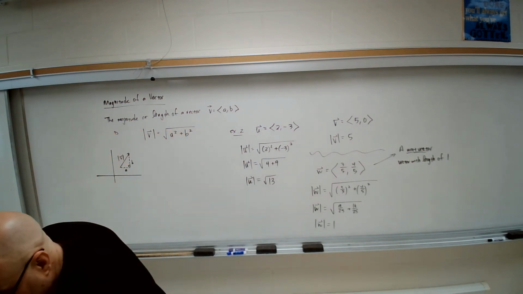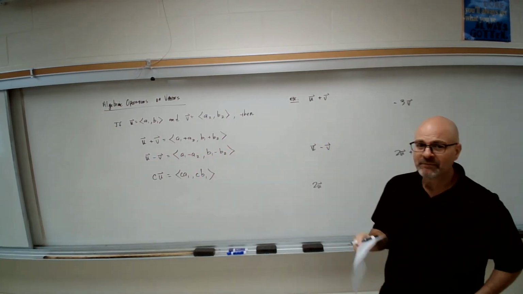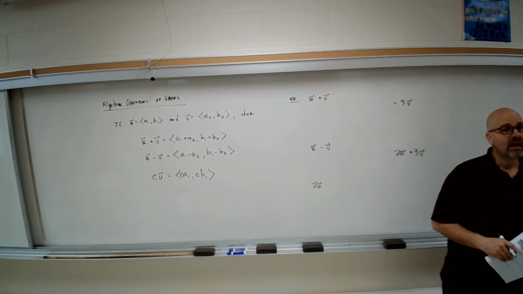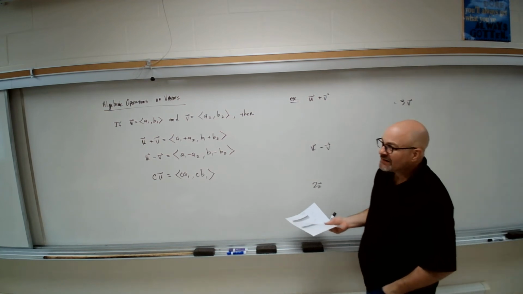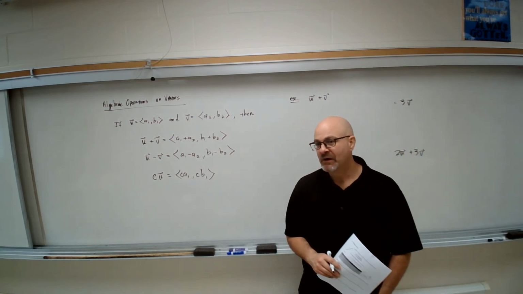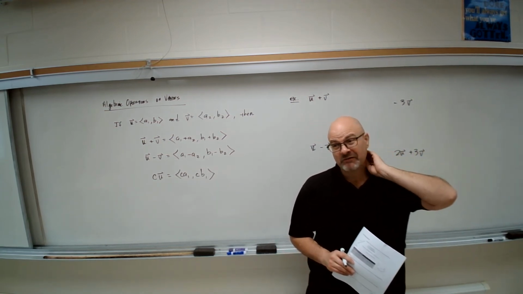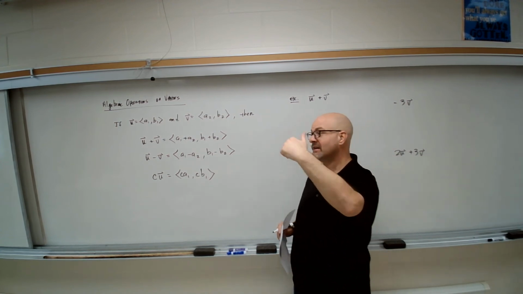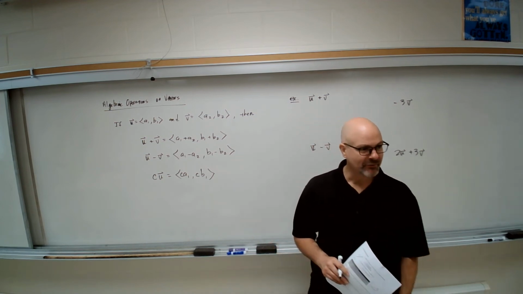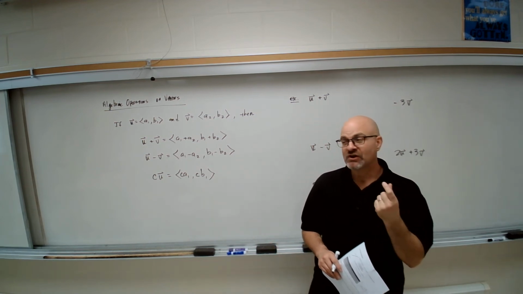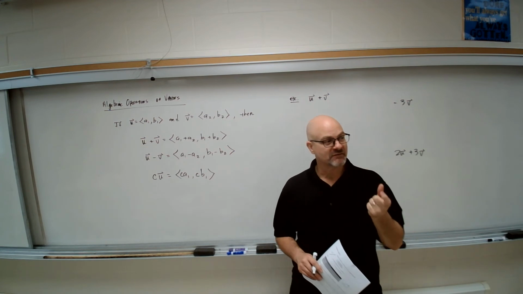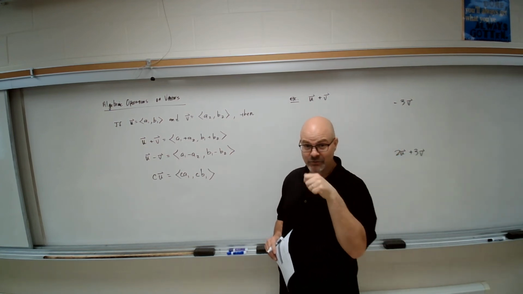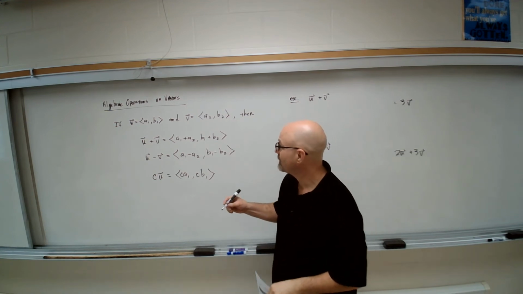All right. Okay, so to finish up the note sheet here, we're going to talk about algebraic operations on vectors. One thing to note that will really save you a lot of headache as we go through this whole unit: we tend to use u and v a lot as variables for vectors. When you take calc next year, u and v come up a bunch with some calculus rules. The sooner you can realize how to write your u's and v's to look different, you're going to be in good shape. Because if you get in a hurry, a v can look a lot like a u if you get lazy. So what I do